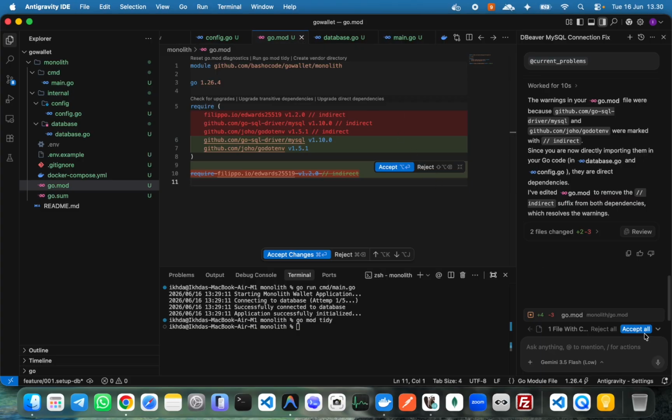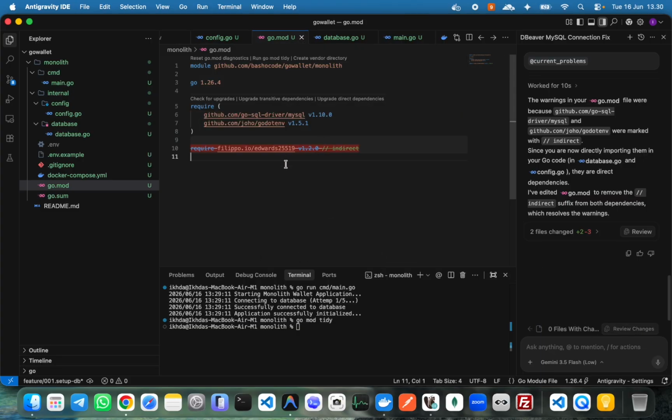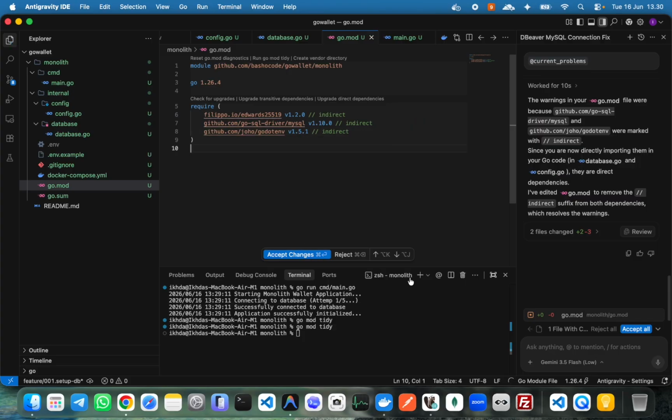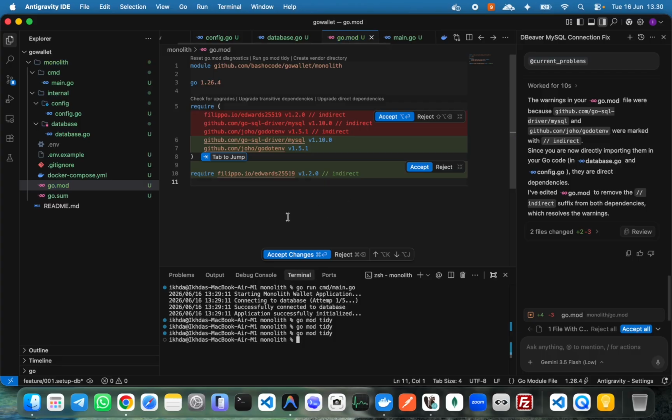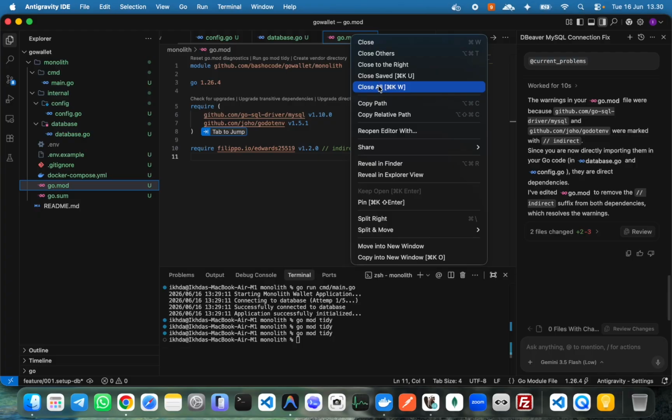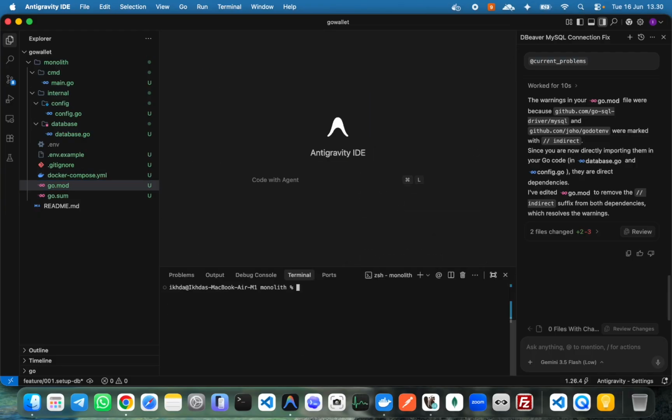Okay, so wait, how go mod is. Okay, let me check again go mod tidy. Okay, done. So this require like this. Yeah, I don't want to use this. I don't want to ask Gemini first, so we need to go mod tidy by ourselves, and then we accept, and then accept. Okay, done. So close all,